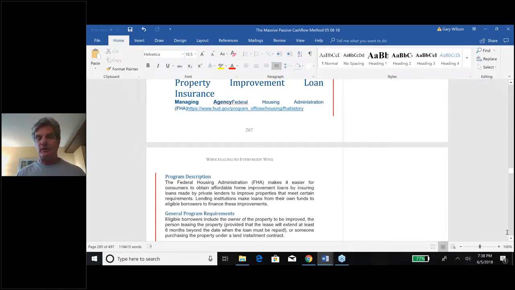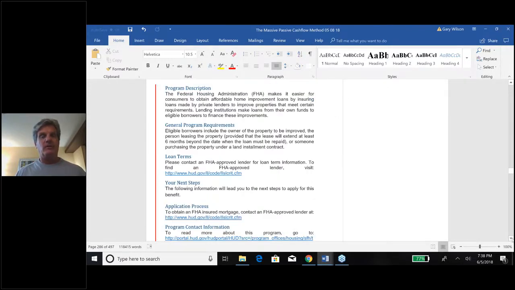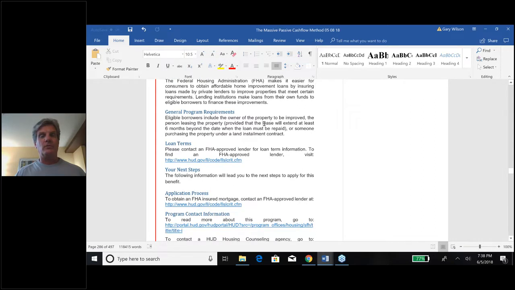So let's just scroll down. We're going to get down to the general requirements here. The borrowers include the owners of the property to be improved, and the person leasing the property. How about that? If you're a renter, you can get this loan as long as you're there for 6 months past the period. By the way, there's another program out there that's not documented here. It was through the